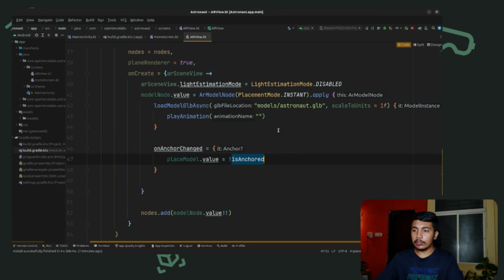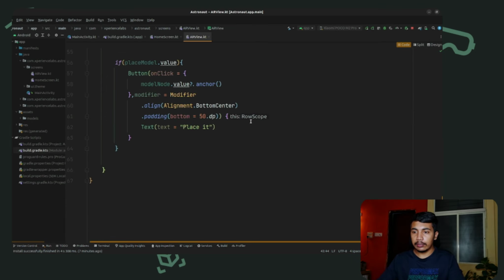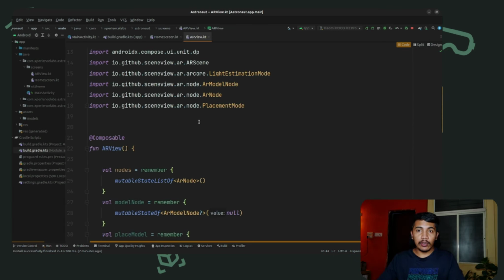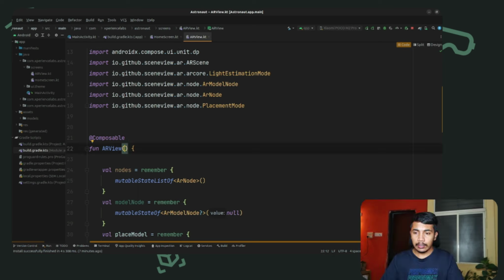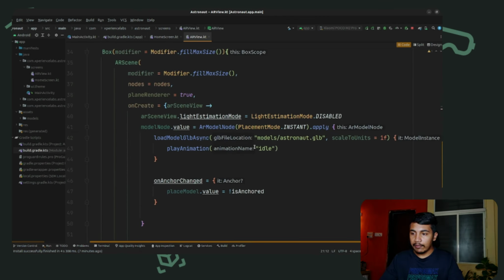So when the model is loaded for the first time, it will play the animation named idle, and we change that name of this animation according to a voice command. And the voice feature will be in our home screen. So AR view will take an animation and it will be of type string. So what I will do is pass this animation here, animation,